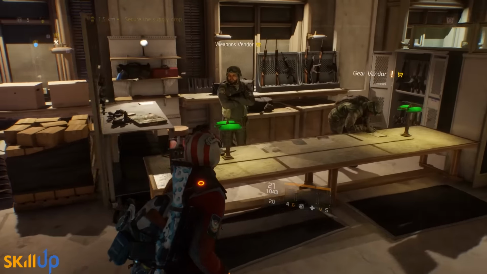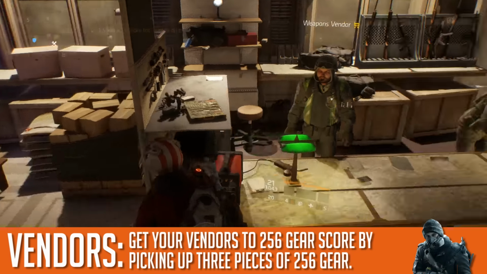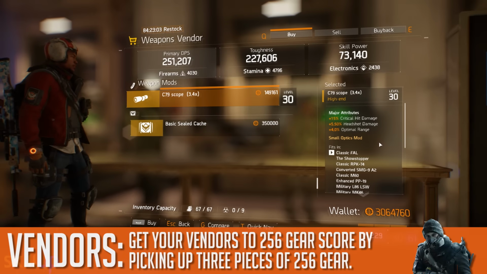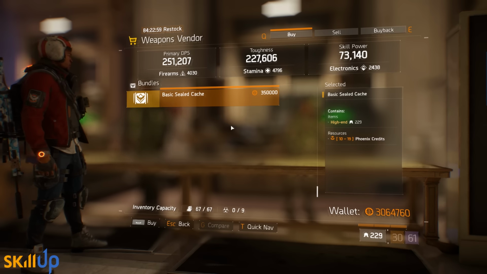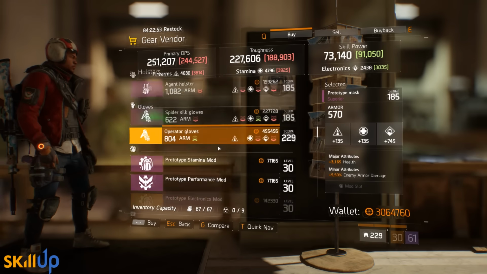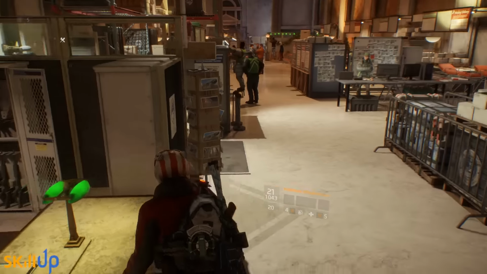The very first thing that you're looking to do as soon as you log in is getting your vendors up to the point where they're able to sell you 256 gear. You'll notice when you log in that you are 229 gear score and all of your vendors will sell you 229 gear, even if you change your world tier to the newly added world tier 5. This is because the vendors now sell you gear based upon your personal gear score. So you actually need to get your gear score up a little bit in order to access the new stuff